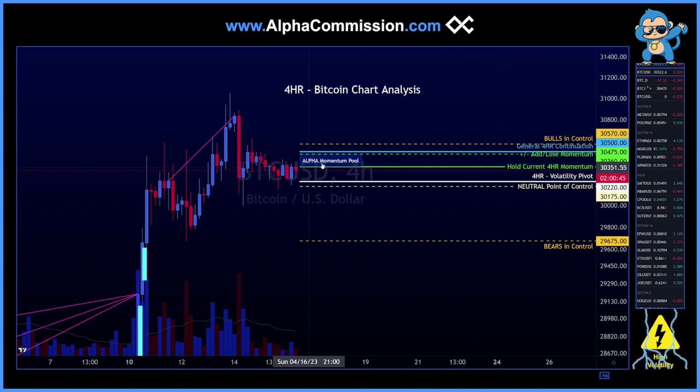And you can see that today is looking much stronger than yesterday. Yesterday, we had the volatility pivot above us, and I said we're likely to have a pullback. We're likely to just drift sideways or down, and that's exactly what we did. You can see these candles. These are 4-hour candles. They just chopped down or sideways, but as of this morning, we are getting that 4-hour